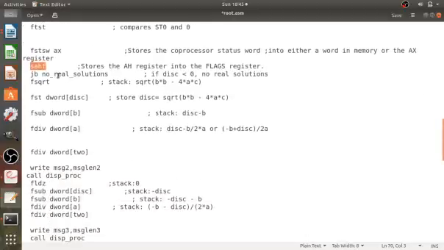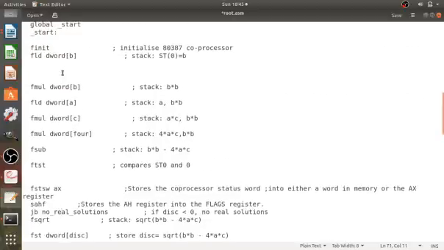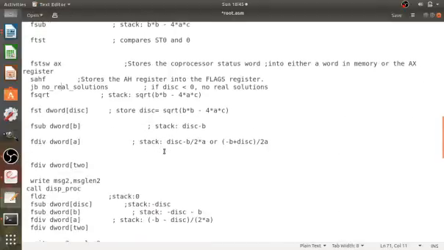Then if the value we have calculated, B square minus 4AC, is less than 0, the solution should be imaginary and we are not going to calculate it. So jump below to no real solution, and there it will exit from the program.